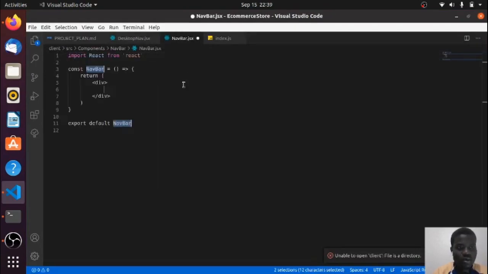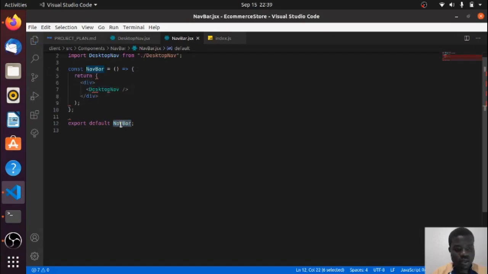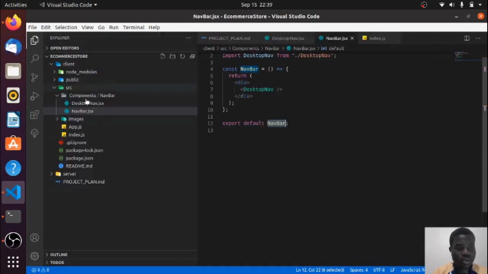This will be the component that will be having the mobile nav and the desktop nav. So we'll render them conditionally, and let's see, desktop nav, and then import that. That should be fine. Let's take this nav bar, and I want it in the app,